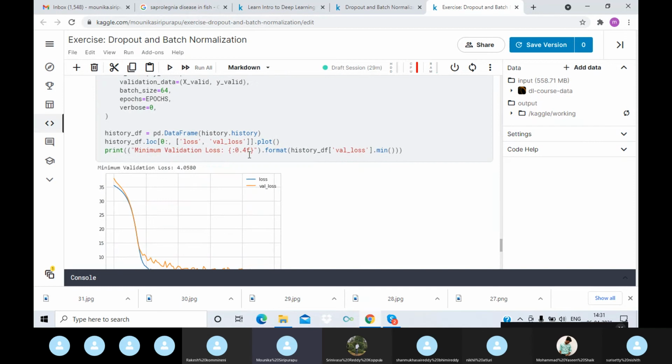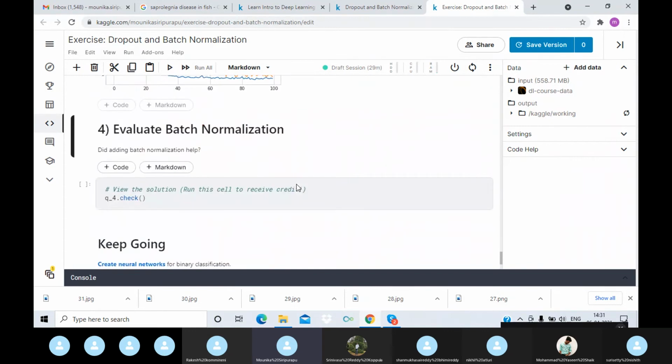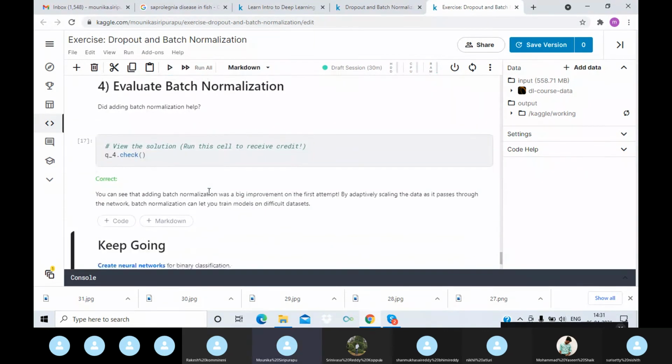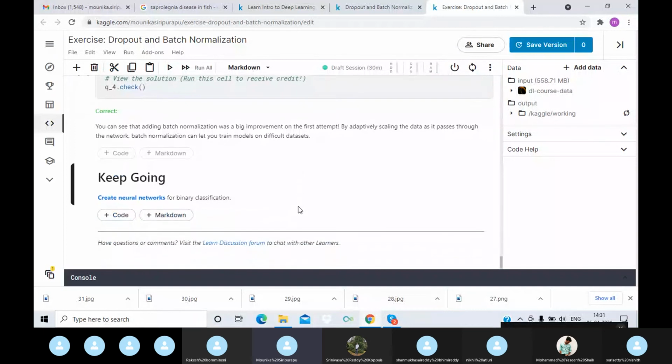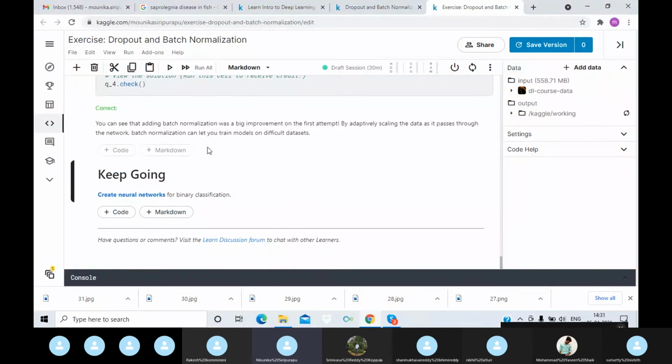Here the validation loss after adding the batch normalization layers is 4.0580. So after adding the batch normalization there was a big improvement on the first attempt. By scaling the data as it passes through the network, batch normalization can let you train models on difficult datasets.